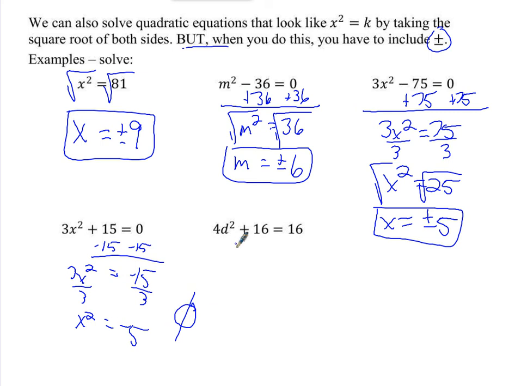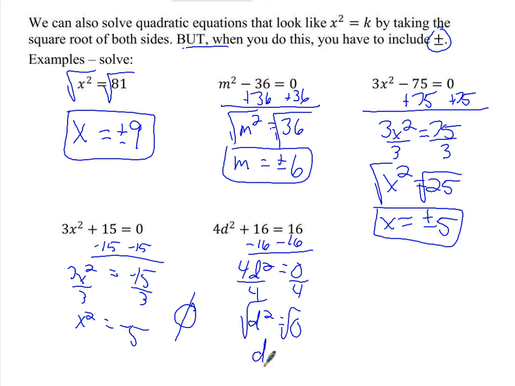On the second one, what do we do? Subtract 16 from both sides, and we have 4d squared equals 0. Now what? Divide both sides by 4, and we have d squared equals 0. Now what? Okay, square root both sides, and we have d equals,